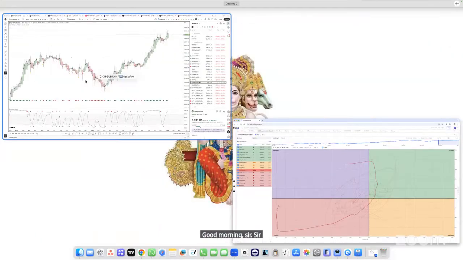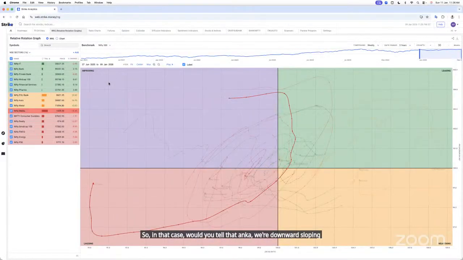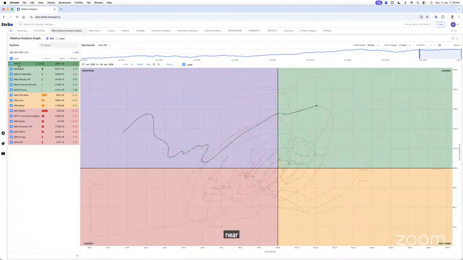सर, मेरा डाउट ये था कि सपोज अभी जैसे सेक्टर्स हैं, दे आर इन लीडिंग और मे बी वीकनिंग, और उसका आरएस हाई है। तो इन दैट केस वो जो टेल रहता है ना, एंड का, वो डाउनवर्ड स्लोपिंग है और अपने जो स्टॉक्स उस सेक्टर में इन केस कंसोलिडेशन फेज में और नियर हाइस, ऑल टाइम नियर हाइस में, तो अपन वो एंट्री लॉन्ग टर्म के लिए लेते या नहीं लेते, क्योंकि वो स्लोप जो है ऑलरेडी टेल का डाउनवर्ड स्लोपिंग।